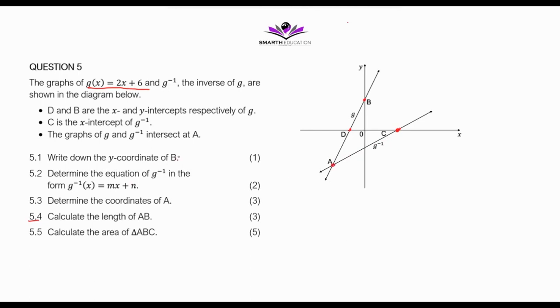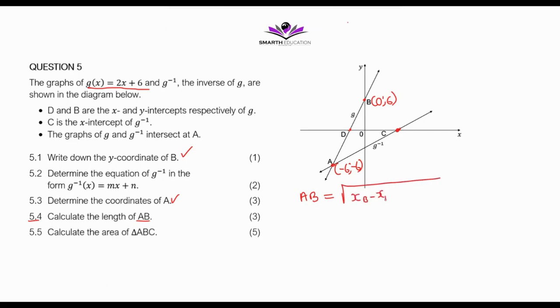The graphs g and the inverse of g intersect at A. And then in question 5.1, we know the coordinates of B are these. And then from question 5.3, we got that the coordinates of A are -6, -6. We need to find the distance AB. So we have to use the distance formula. AB is equal to the square root of